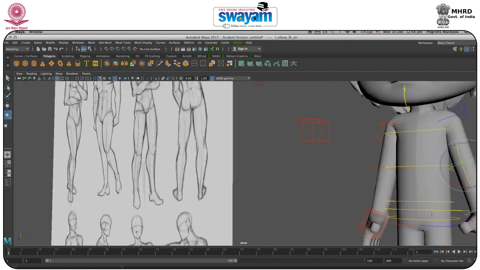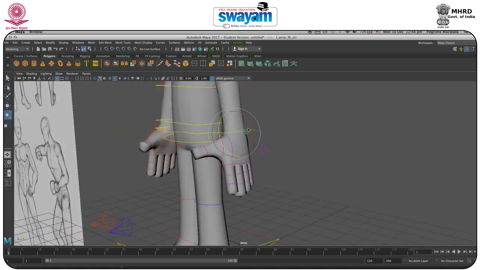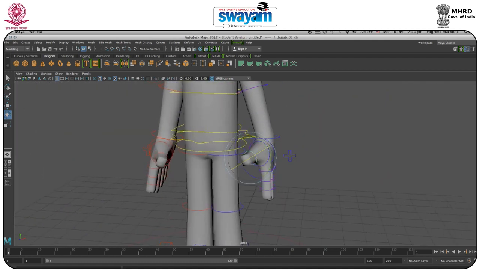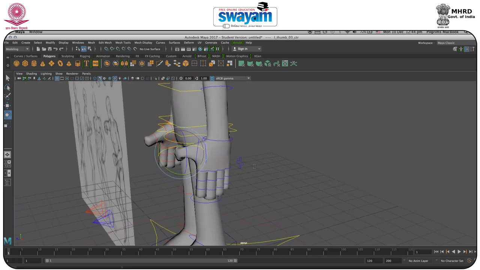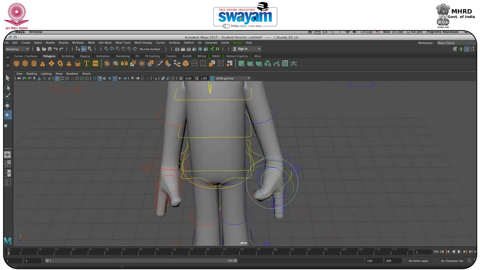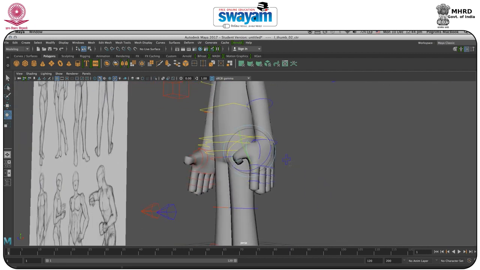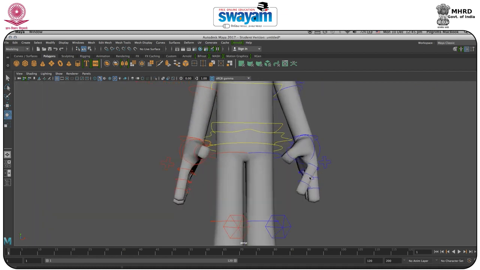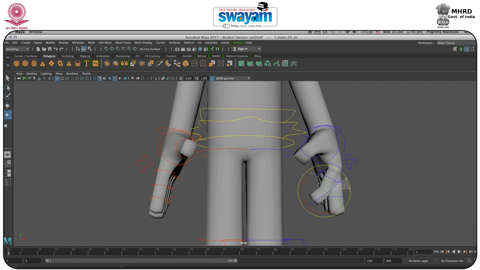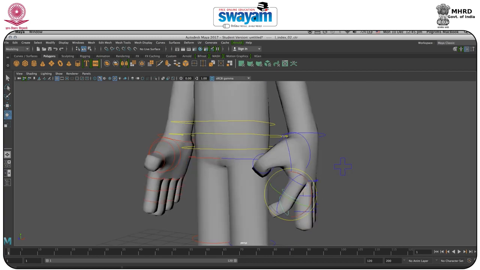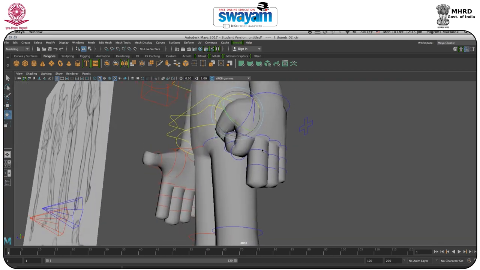The hand will be like that, a little bit of, okay. And now we have to work on the fingers, so this would be like this. You have to look at the reference and pose the same, and select this part, move it like here, and select this part, move it. That means you have to work by looking at your reference. That will take some amount of time, but after that you may have a good result.